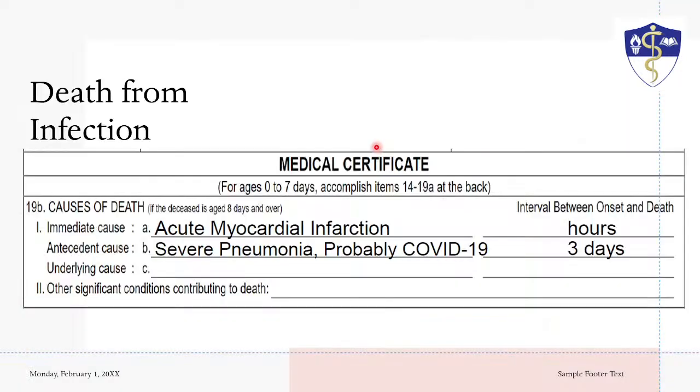So next, acute myocardial infarction. Was that caused by the pneumonia? Yes. So it says probably COVID-19. His pneumonia was severe during the pandemic. So, this is COVID-19 virus not identified. But you can place probable or presumed COVID-19. And then in the front, acute myocardial infarction, yes.